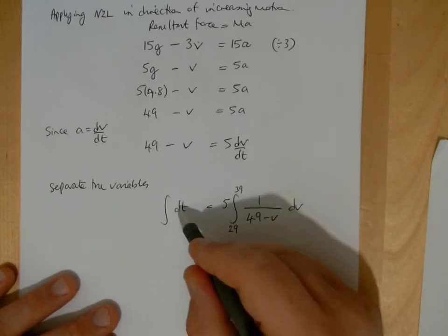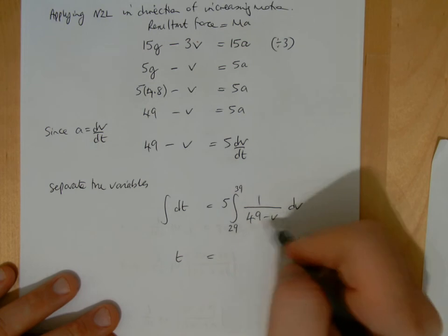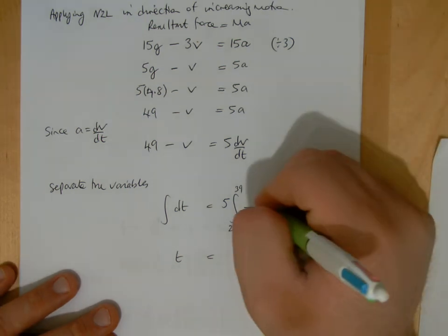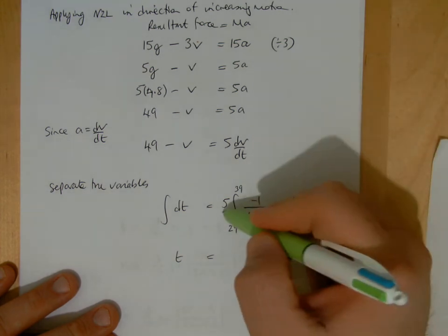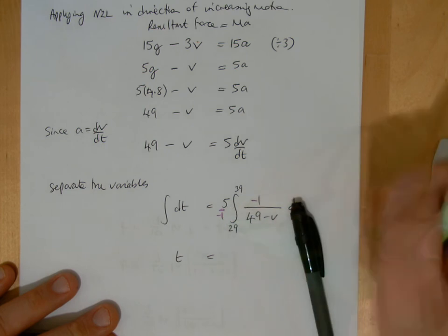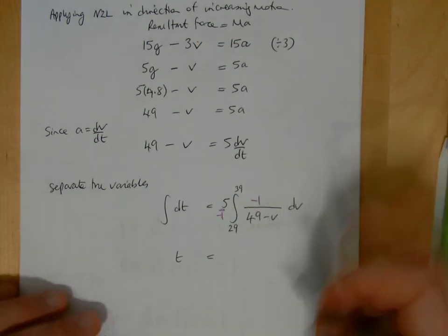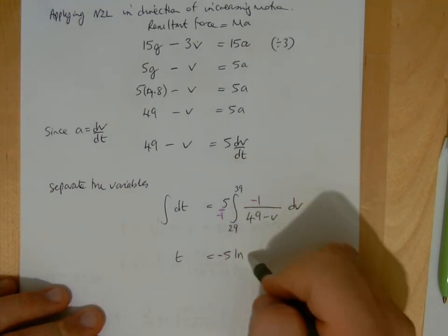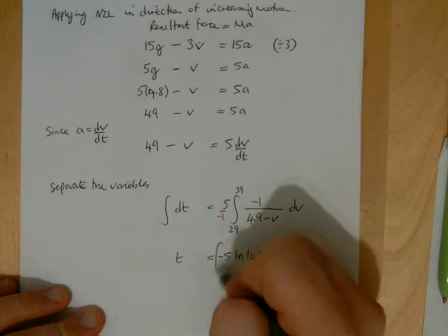When you integrate this, you get t. Now remember, differentiate the bottom, you get minus 1. We haven't got minus 1 up there, it's just 1, so I can make it a minus. I'm effectively timesing it by minus 1, but then you've got to compensate by dividing by minus 1. So it all works out nicely. You end up getting minus 5 ln of that bottom, and then you put the limits in,